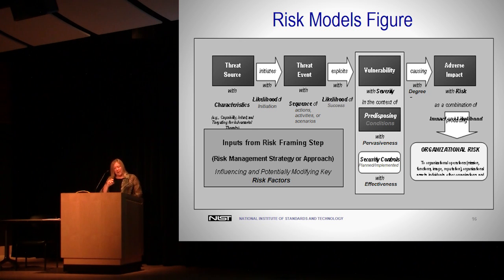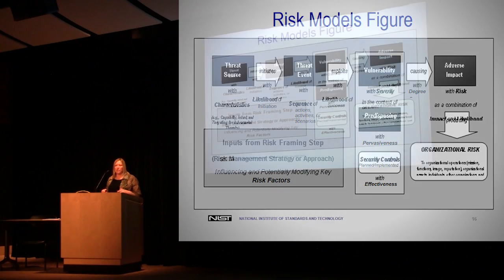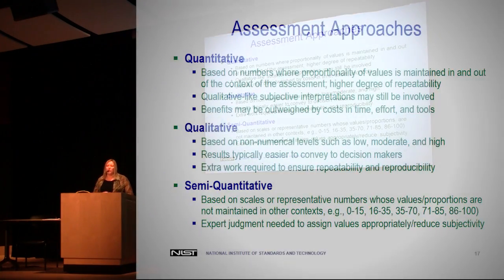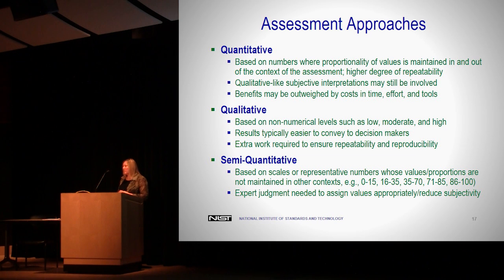And this is actually for an adversarial threat. So in 30 Rev 1, we separate a lot of it into non-adversarial threats versus adversarial threats, because a lot of times you're going to take different types of actions and mitigation actions depending on what kind of threat it is. So we have some different approaches we can use when we do risk assessment,